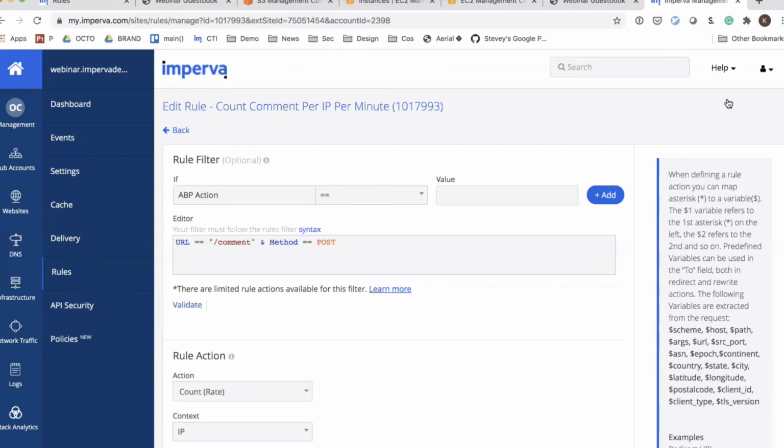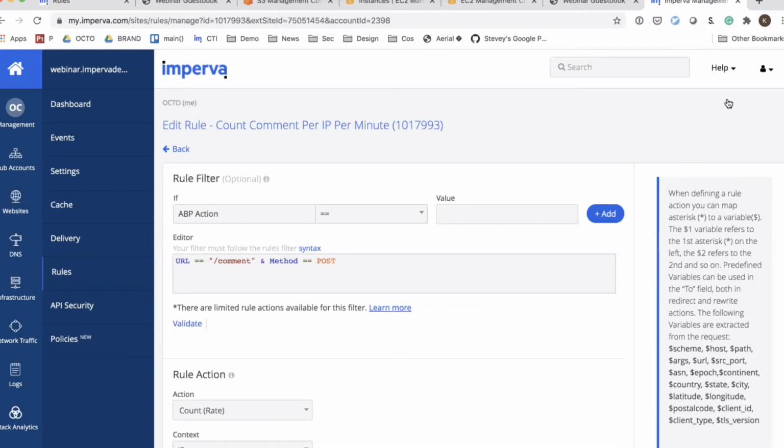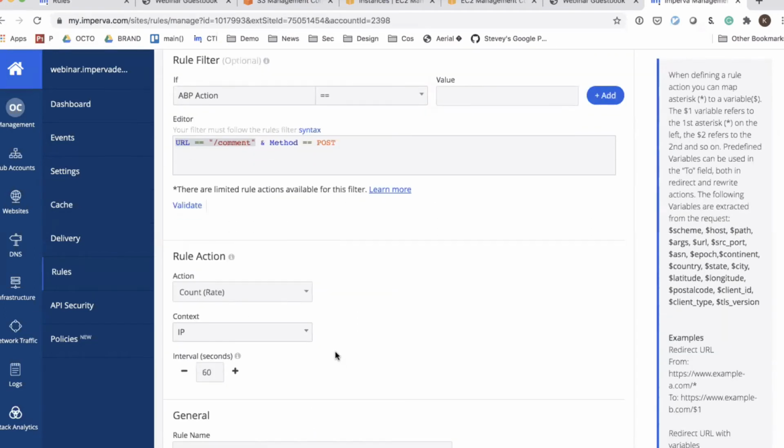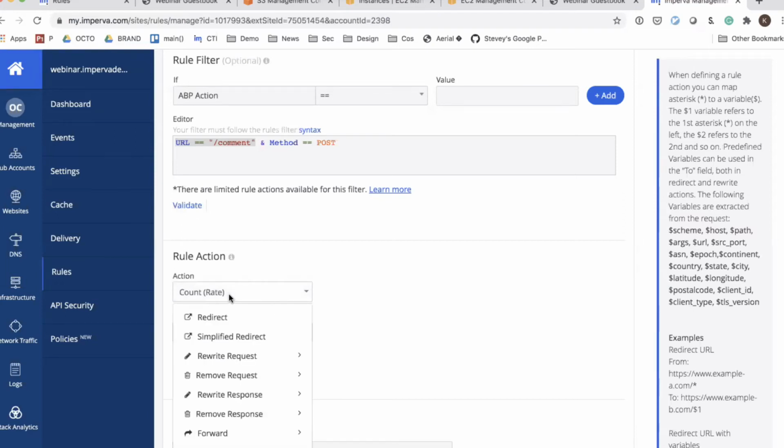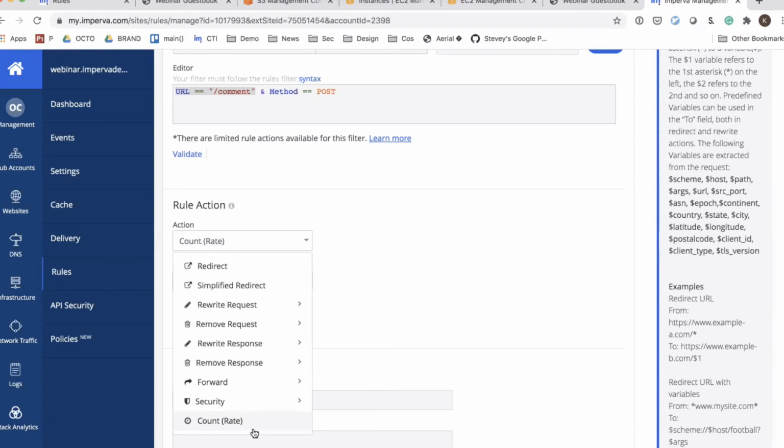I already built what we call a custom rate. And what I mean by that is we have an ability to build a rate based on a filter. And one filter that I've already built is, let's say I see a request to /comment, and it's a post request. So we're saying when someone is posting a comment, and again, it could be text, could be images, the action down here isn't actually a block, but the action down here is a count.